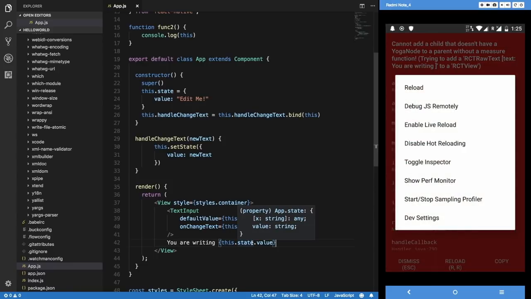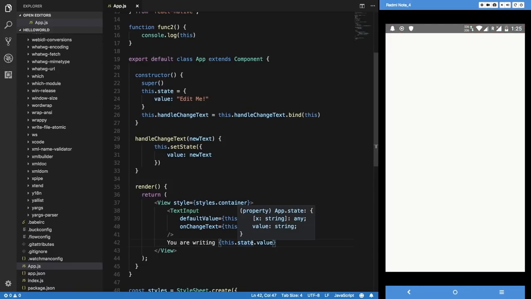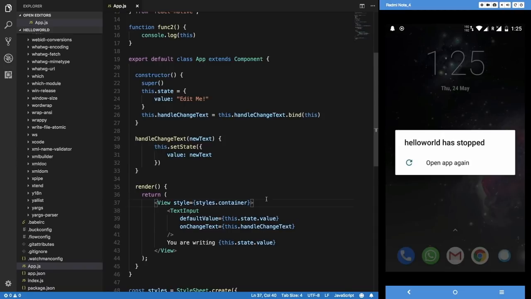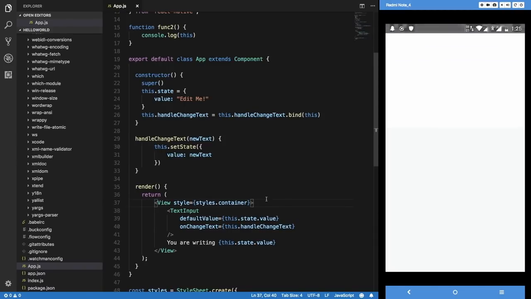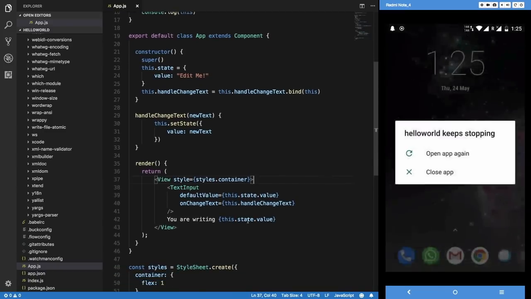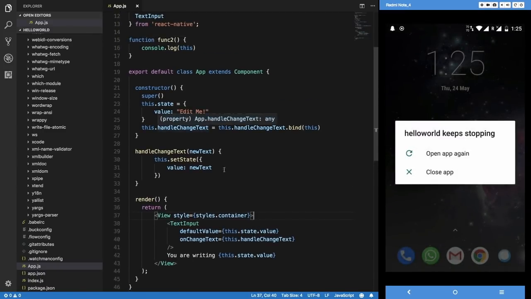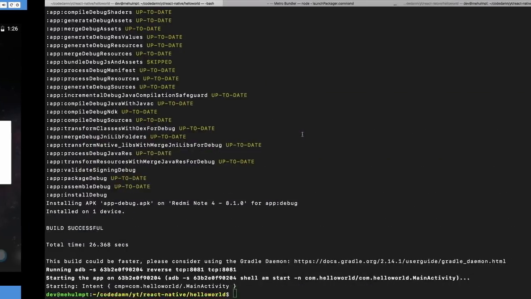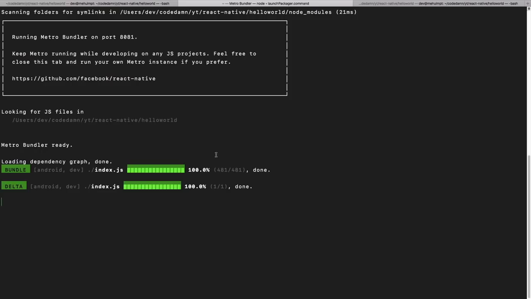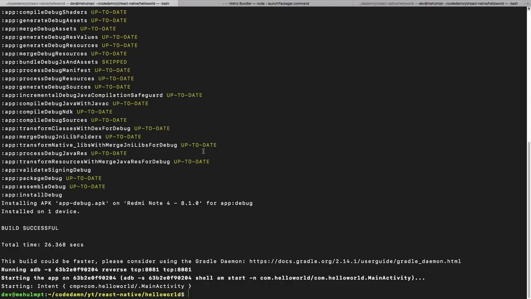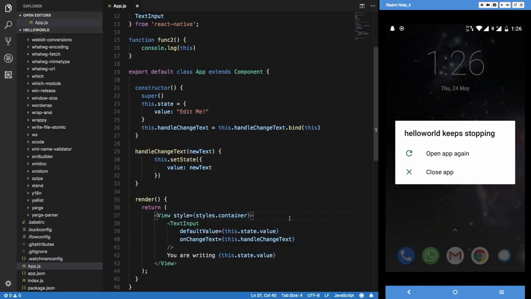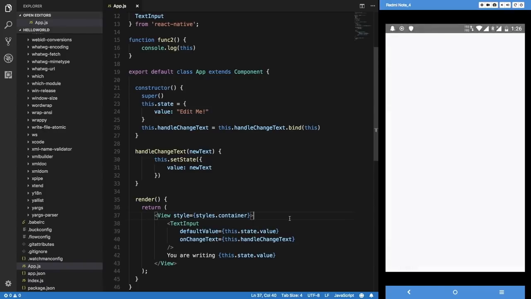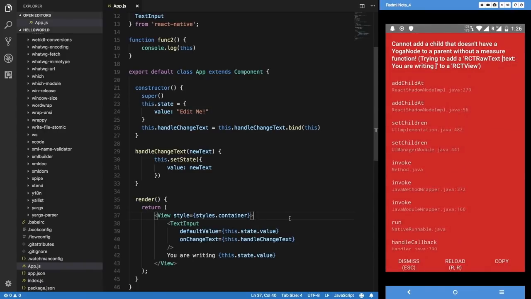So let me just reload it right here, and okay, so the application has stopped. Let's just see why. Let's just go to our module bundler. Let me just try to run it one more time. Oh, obviously, because you cannot have text just floating like that, right? So now if we reload it one more time,